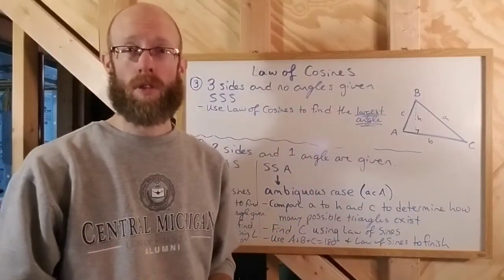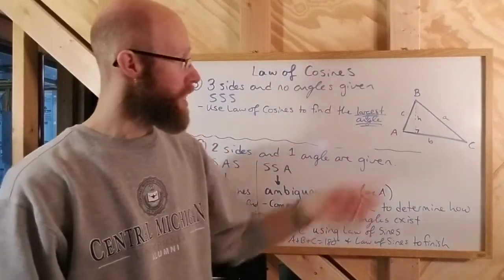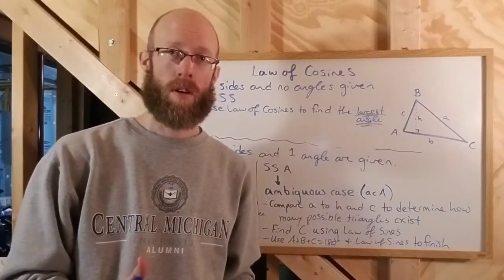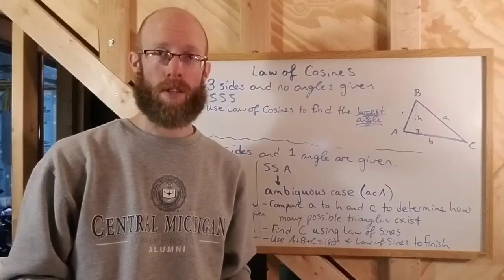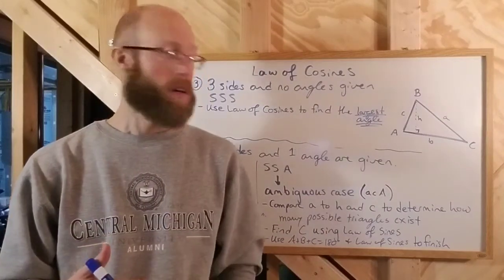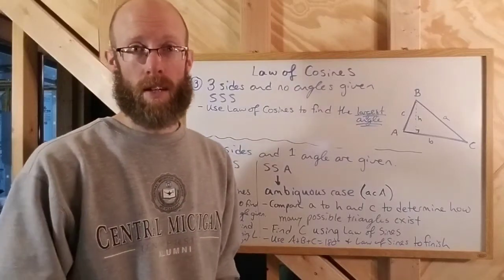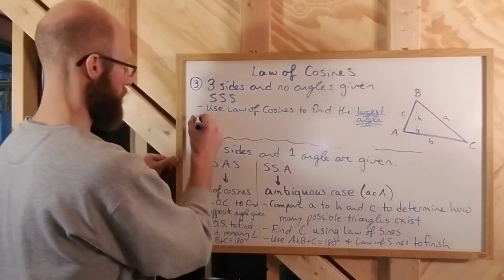And so then you can use the law of sines to find either of the other two angles. Use the law of sines to find one of the angles that's left, and it doesn't matter which one at this point. And then you can use the angle sum formula to find the last angle, because you'll have two at that point. So the last two steps would be